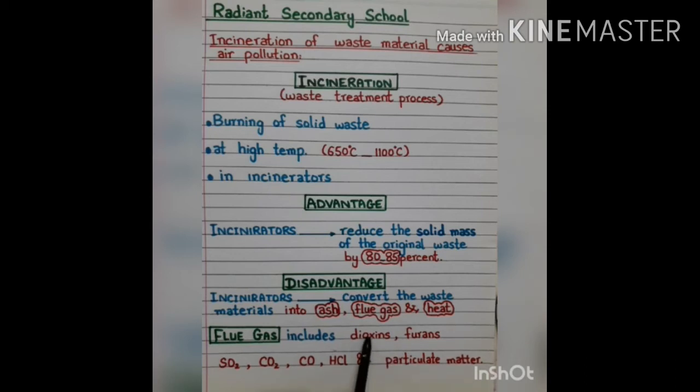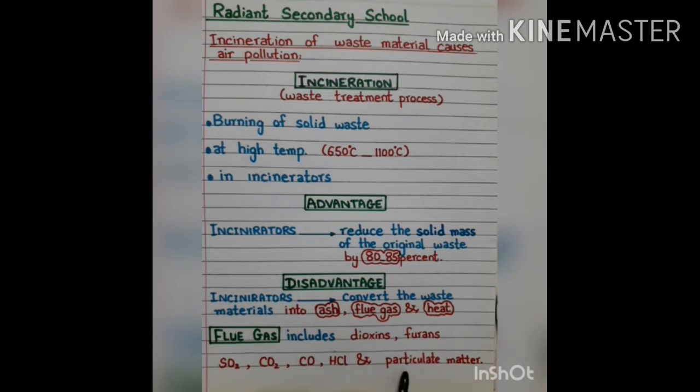Dioxins are chemical compounds that contain carbon, hydrogen, oxygen and chlorine, and they are byproducts of different chemical reactions. Furans, as you know, are heterocyclic organic compounds. Dioxins and furans are environmental pollutants. They are not manufactured intentionally, but they are created when some chemical reactions take place, especially when burning of solid waste is carried out. And particulate